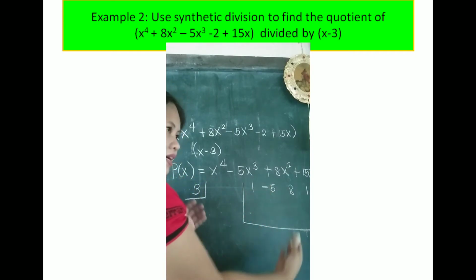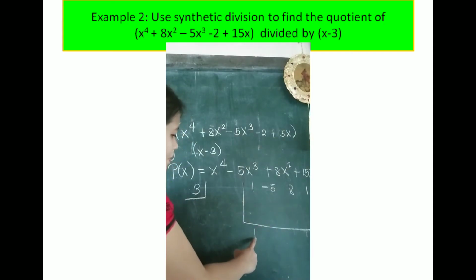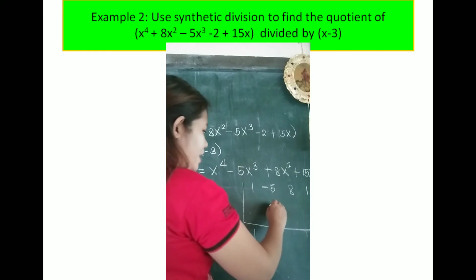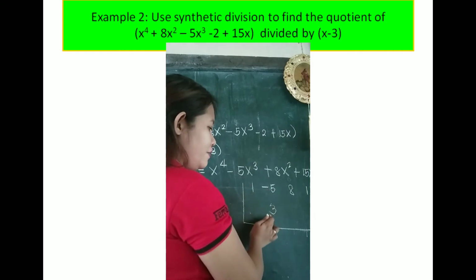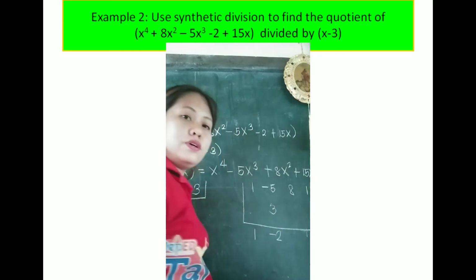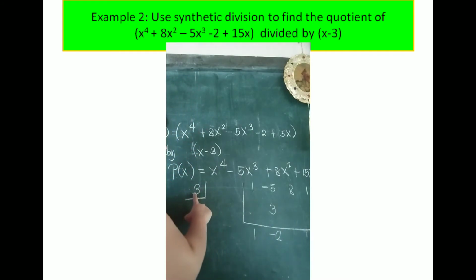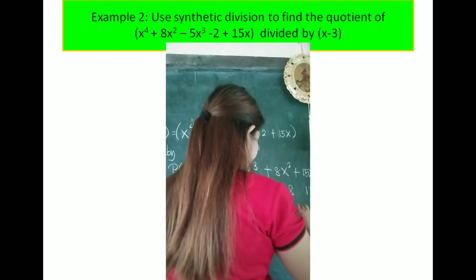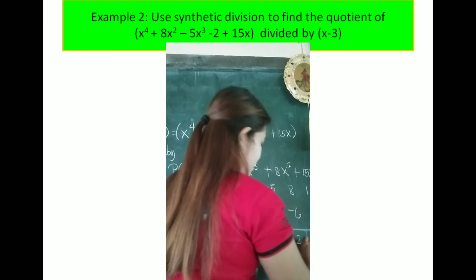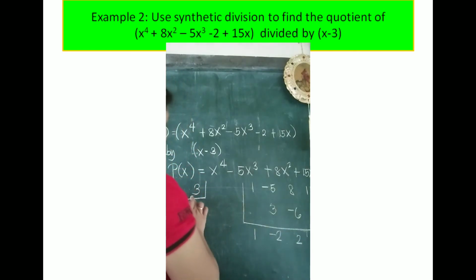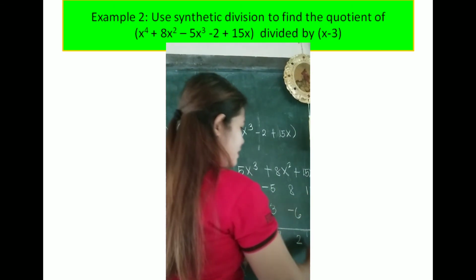So next step, bring down your first term. Multiply 1 times 3 is 3. Add negative 5 plus 3, negative 2. Then, repeat the procedure: multiply negative 2 times positive 3, that is negative 6. Add 8 plus negative 6 is positive 2. 2 times 3 is 6. Add 15 plus 6 is